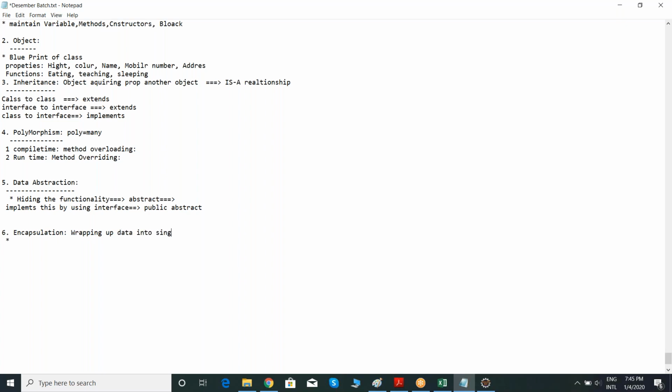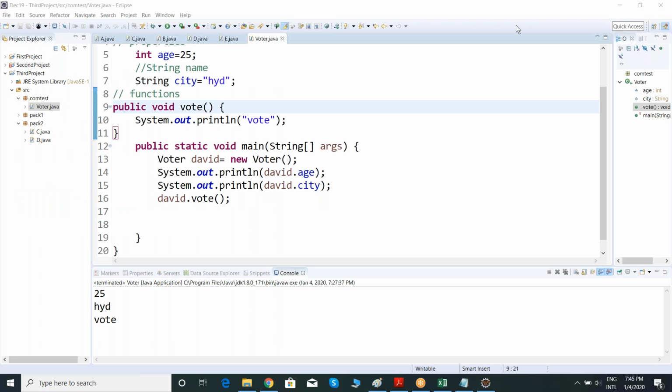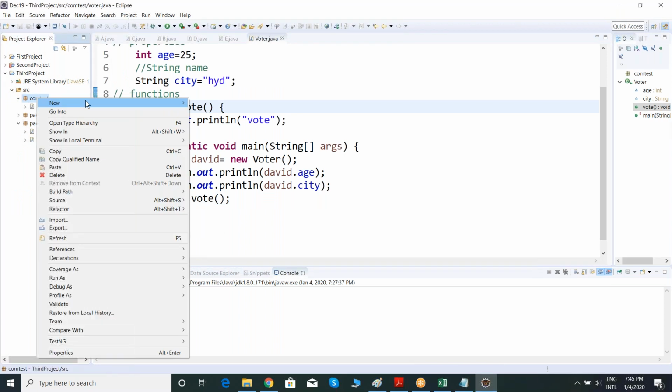And encapsulation. Encapsulation is nothing but wrapping up the data into a single unit. Here the single unit is a class. So we can bind data into a single class. How? Let me give you an example. See here. If I am taking a class here,